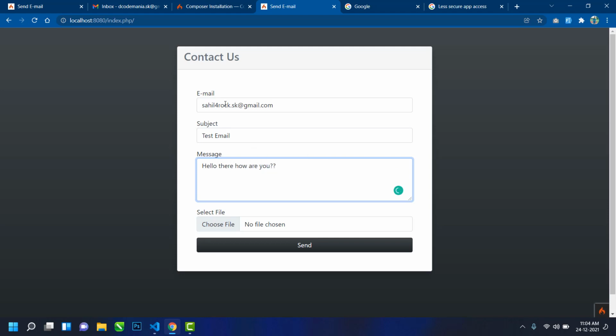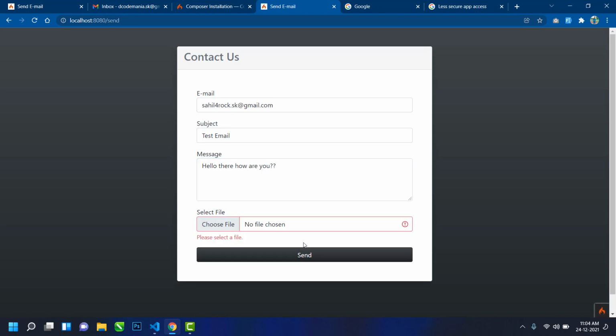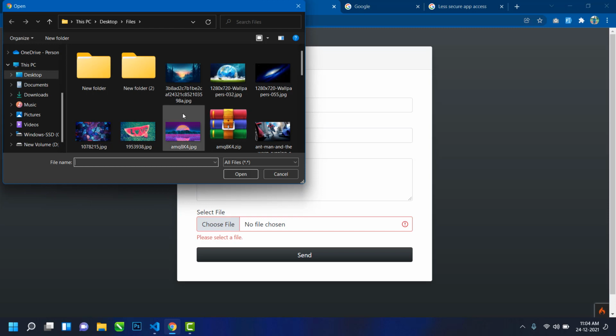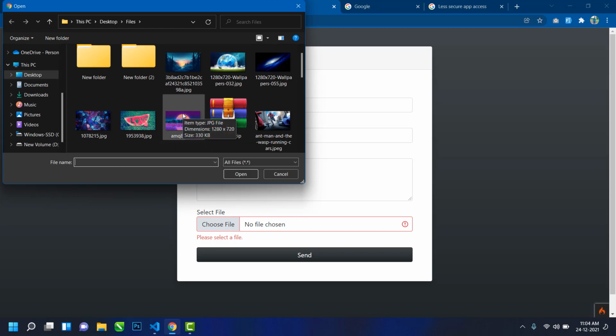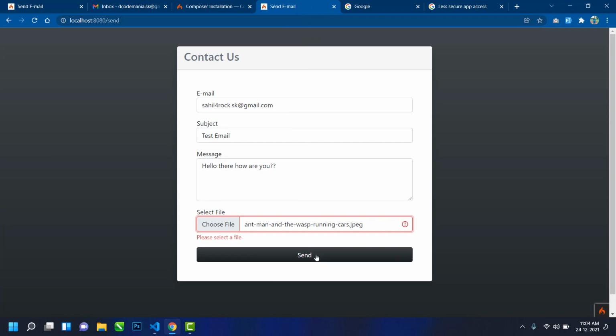Okay, and here if I click on send, then you can see this file input is validating, so we have to select an appropriate file. So if I select this one and click on send, then you can see mail is sending.